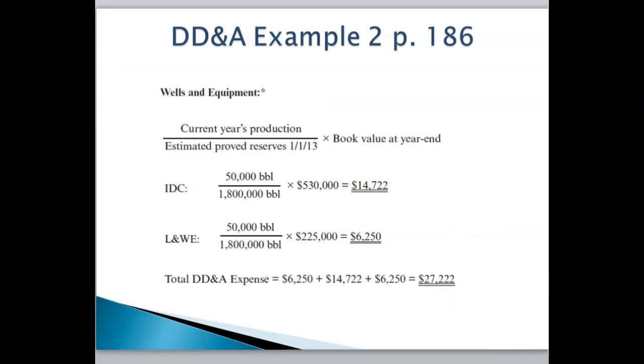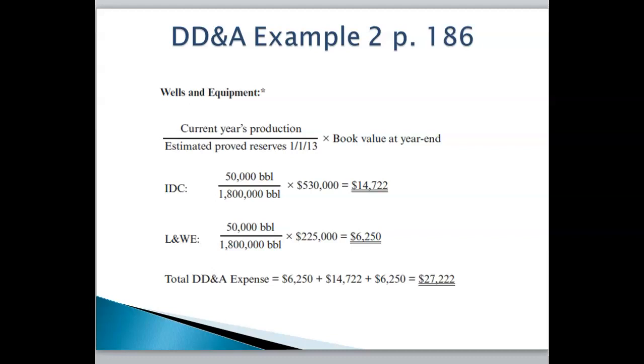To calculate it for wells and equipment, we have current year production of 50,000 barrels. We're going to divide that by the estimated proved developed reserves at the beginning of the year of 1.8 million barrels that we calculated. And then we're going to multiply this times the book value. The book value for IDC is 530,000. So we're going to get DD&A of $14,722. And then we can multiply it by the book value for lease and well equipment of $225,000 to get DD&A for